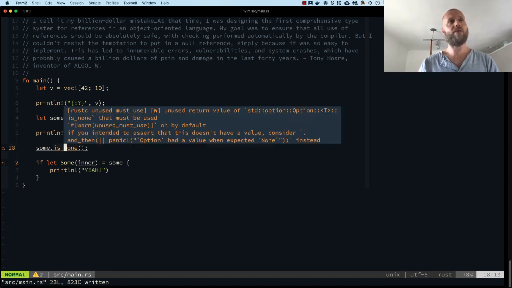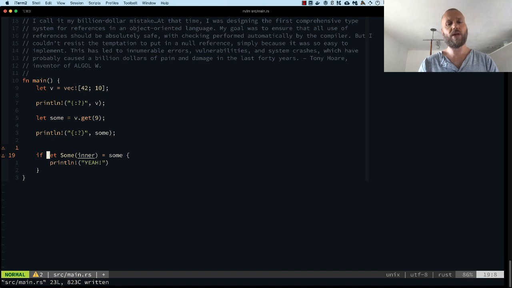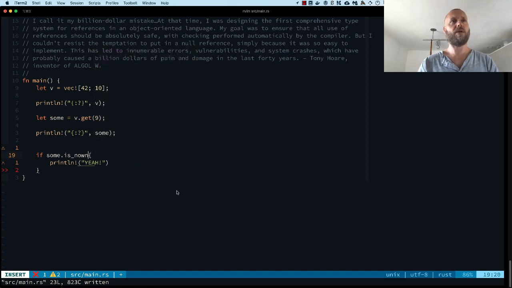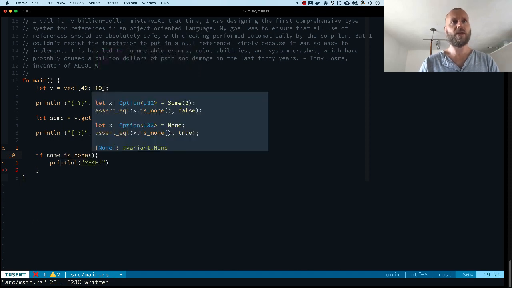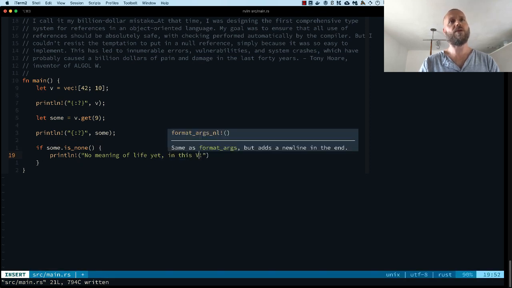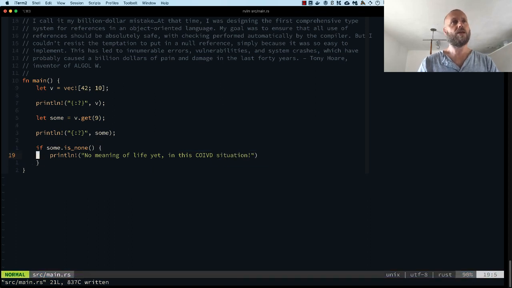To give you an example, if you would rewrite this function, then we could say if sum is_none, then we print no meaning of life yet in this COVID situation. But now, for example, if we would add a return here after this,